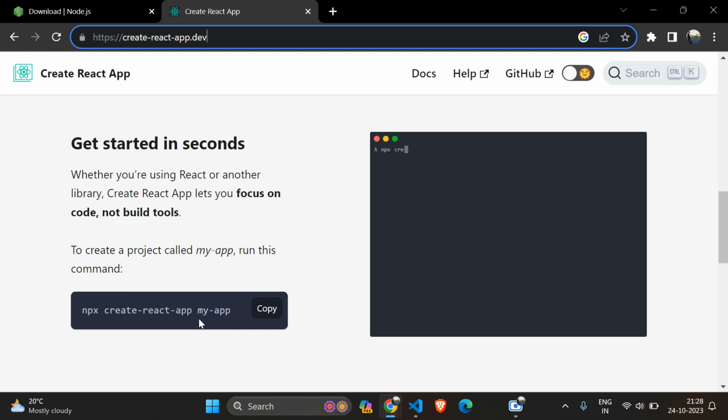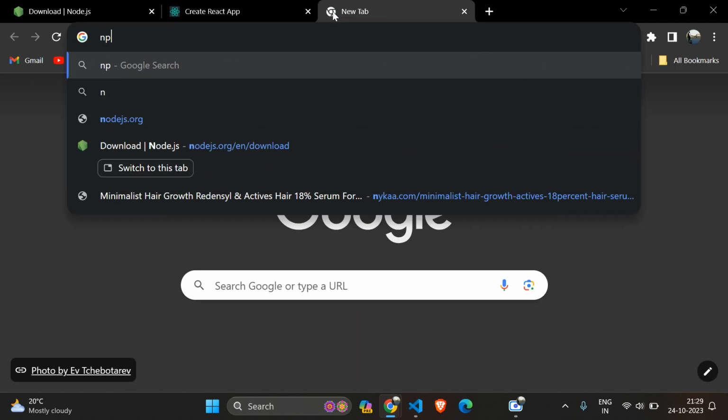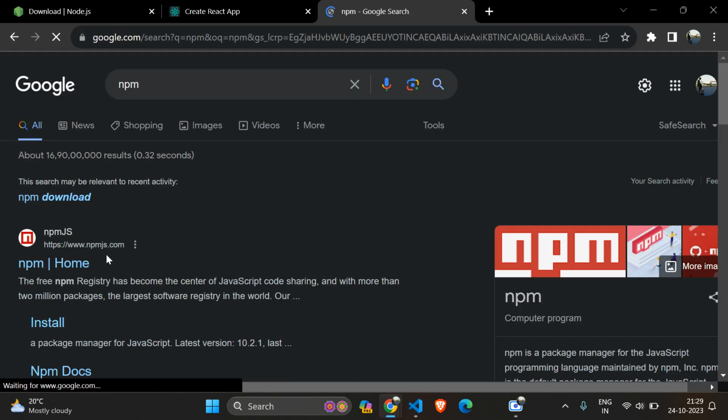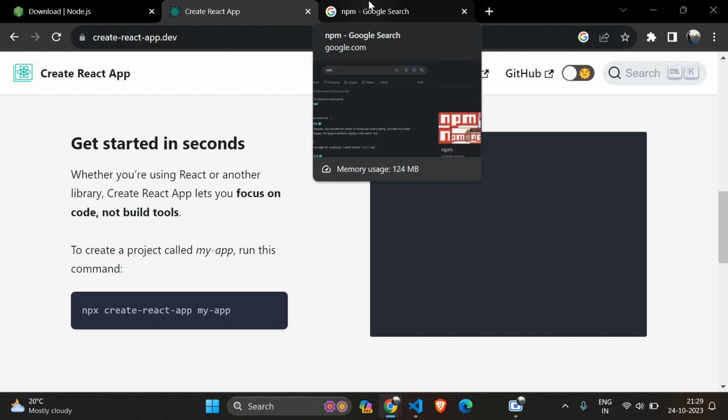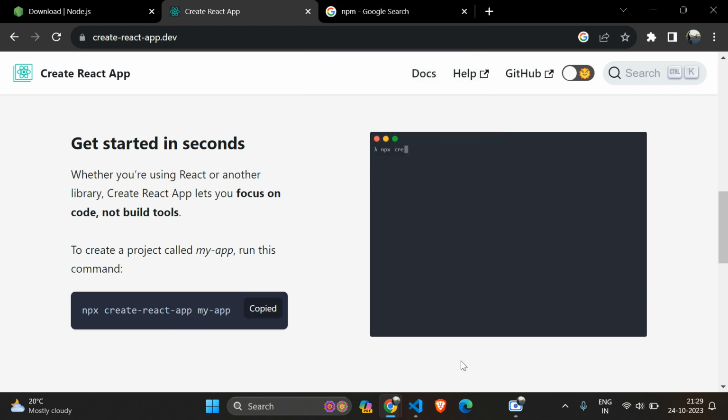And if you want it permanently stored on your hard disk, unless you delete it, you can make it npm instead of npx. npm stands for node package manager. You can google it and see. Using this npm we will be installing all the dependencies that we require for development of our React application. So for now I will just copy this,